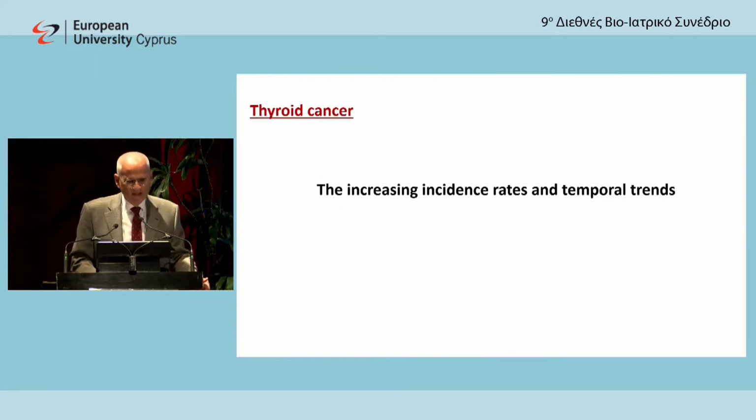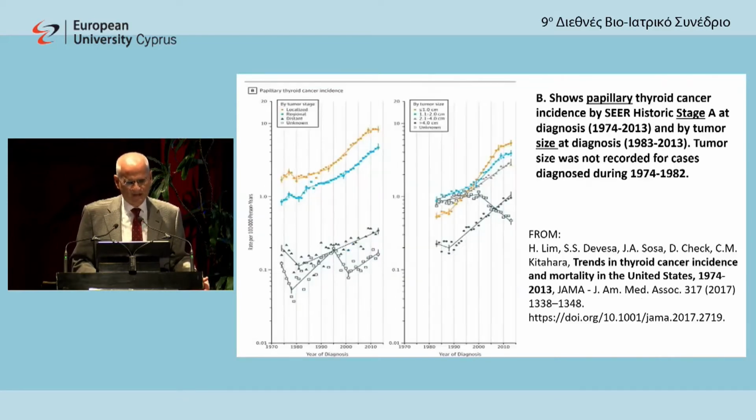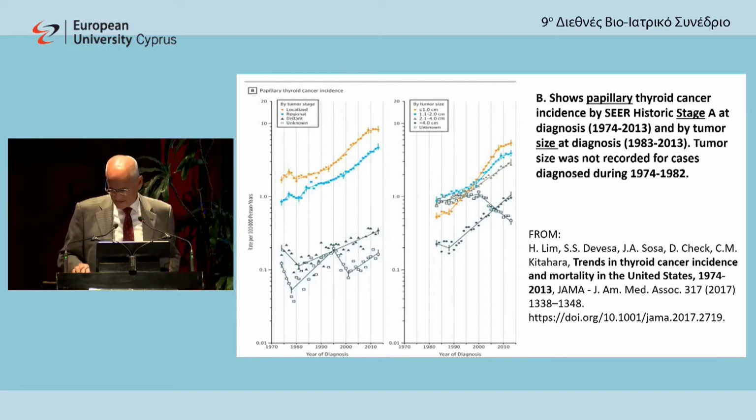The increasing incidence rates and temporal trends have been documented by many studies, like the one I'm showing you here. But at the same time, we see that it's mostly the papillary type that was increased. And not only the overall incidence increased, not only the papillary, but at the same time, we see that the number of nodules, as you see from this slide,